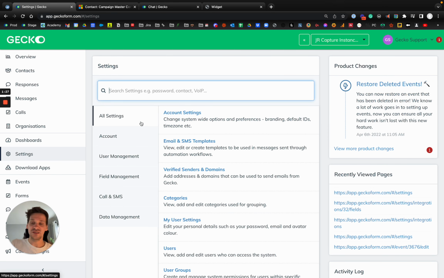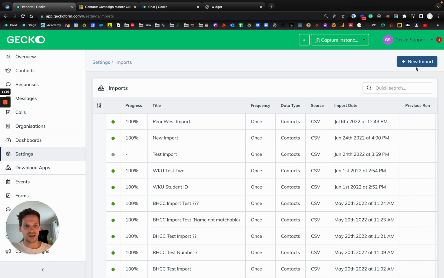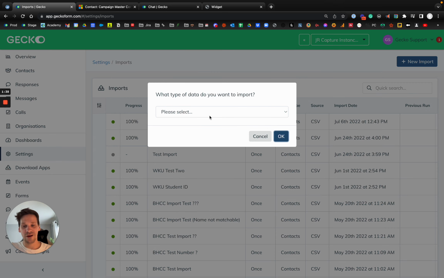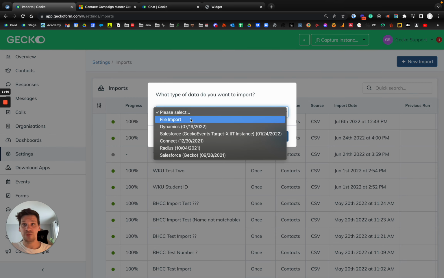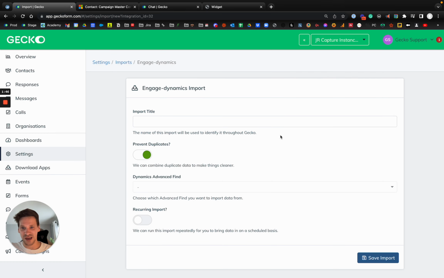Now, other than events, because you may not be using events, you actually do have a really simple way of pulling data in, and we're going to access this by going to Settings and Import Data. We're going to click New Import in the top right hand corner, and rather than doing a file import, which would be a flat file or a CSV import, we can say, actually, I want to pull directly from our integration with Dynamics, please. We simply give this a title,